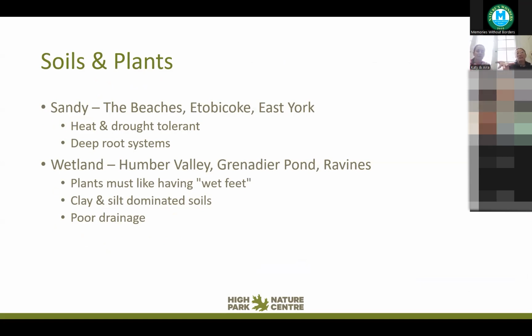Okay. And now these are just some examples of where you can find different soil types throughout the city. So sand, of course, the beaches. It's a beach, there's going to be sand. Etobicoke in the west, and then also East York, which I thought was surprising because Etobicoke and East York are two very different spots. Yeah. But the plants here would need to be heat and drought tolerant with deep root systems because,